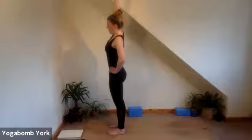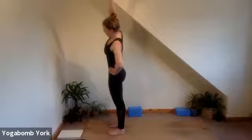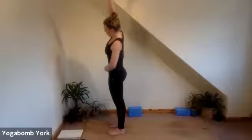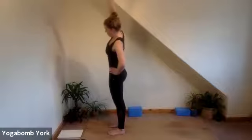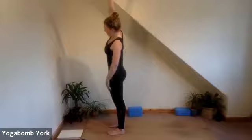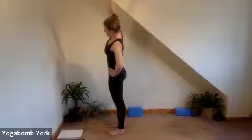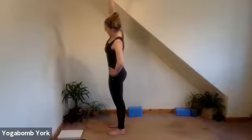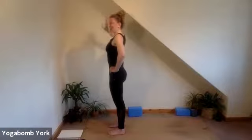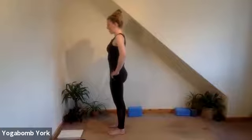And then as you exhale, reach over towards the left. Imagine that your body's squashed between two planes of glass, so you're not collapsing forwards or backwards. You've got all of that posture just as we were in mountain pose, but we're reaching up and out towards the left side of the room. And then inhaling, coming back to center, exhaling, releasing that right hand down to the top of the right pelvis,